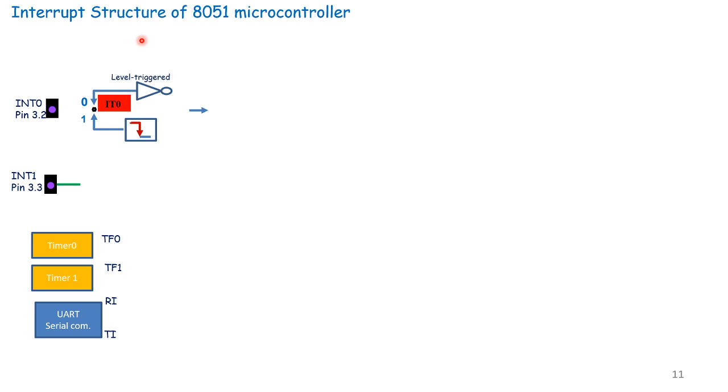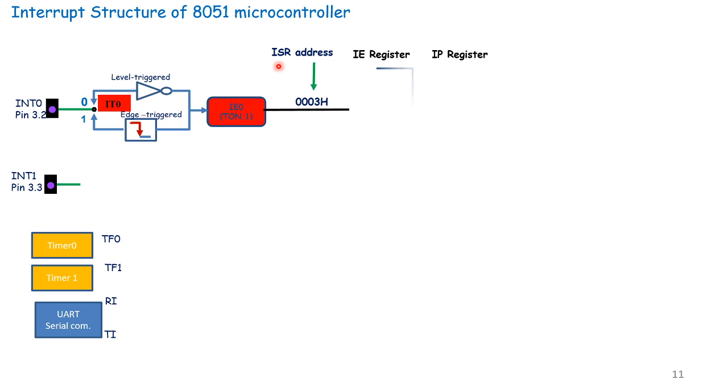This interrupt structure consists of the following blocks. This is the first interrupt: INT0, INT1, external interrupts, and these interrupts have the hexadecimal vector address 0003. The first one, INT0, when level trigger is enabled, enables the TCON register bit IE0 such that this address gets generated. This is the address of the interrupt service routine. Now there are